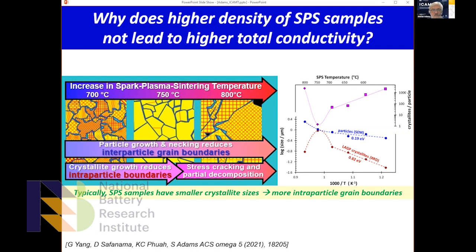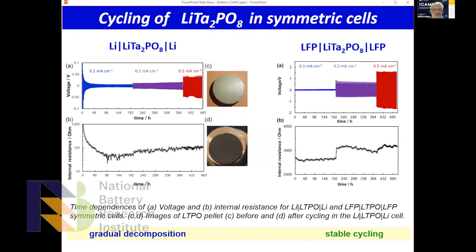But the grain growth is different. So with the spark plasma sintering, you have in the end a dense material, but a dense material consisting of rather small crystallites, and that also leads to slightly higher resistance. So you can make